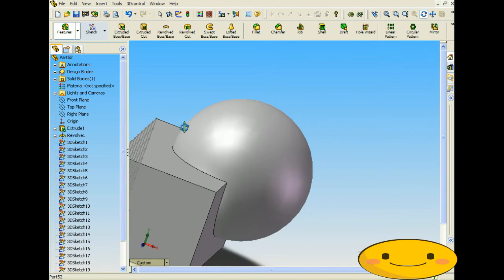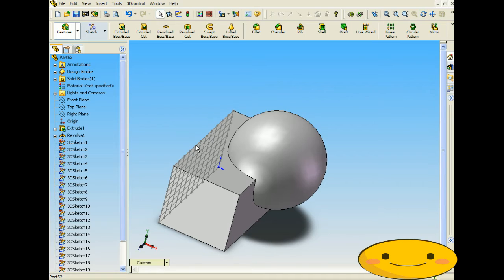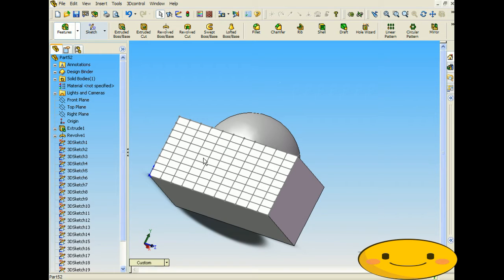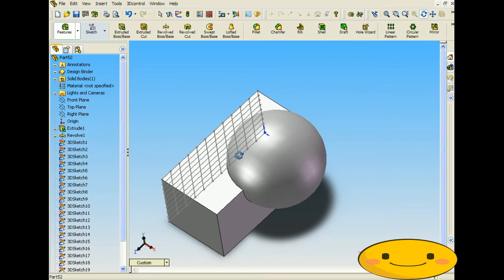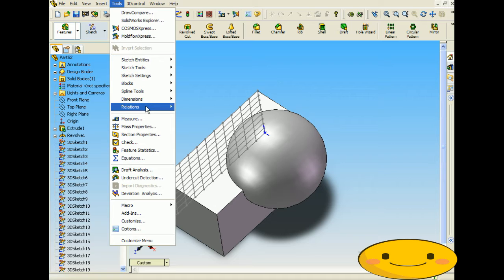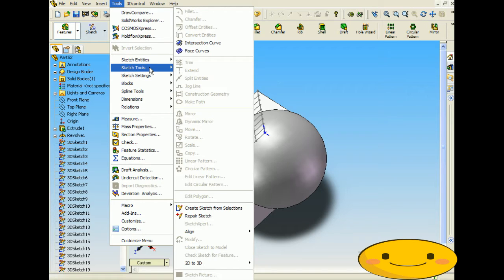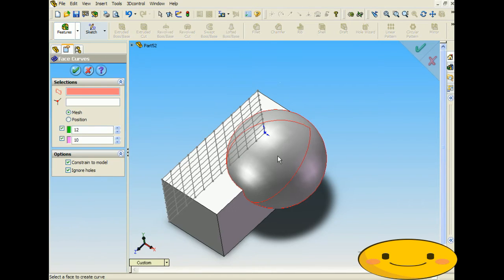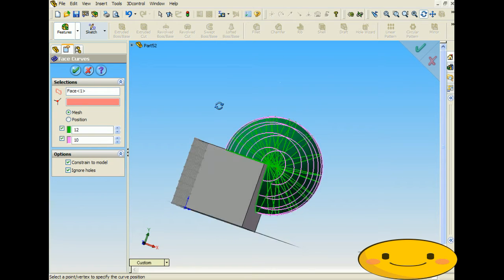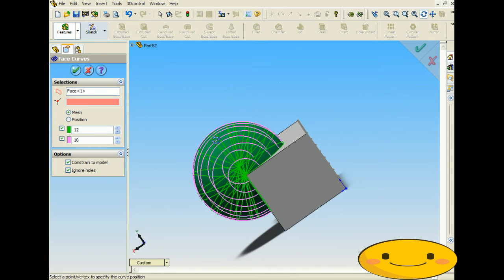Now, let's try it on the curved surface. For the face curves, it's a lot better on curved surfaces. On a square such as this, when you sketch on there, it's a lot easier to find your points and find your lines. But on a surface like a curve, like a circle or an ellipse, whatever it may be, it's a lot harder. So let's click Face Curves, and let's click on the circle,